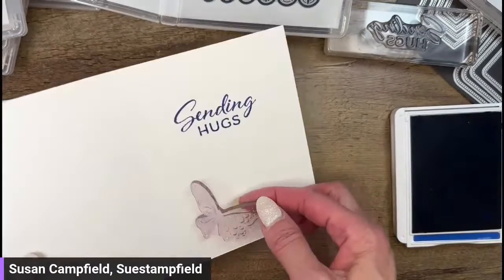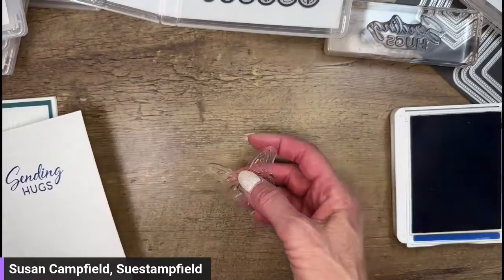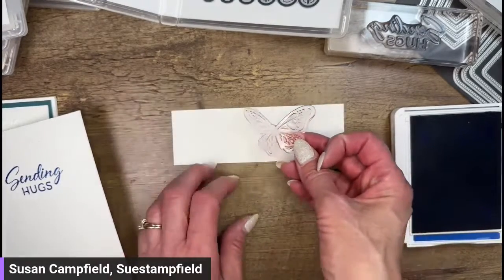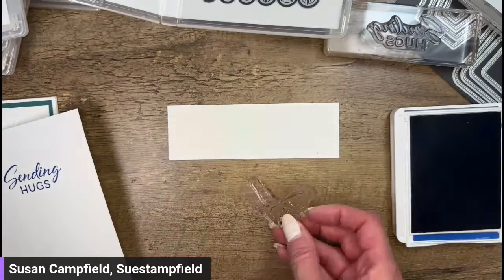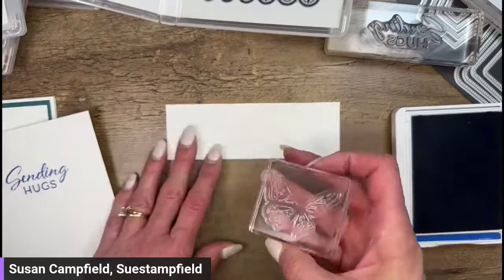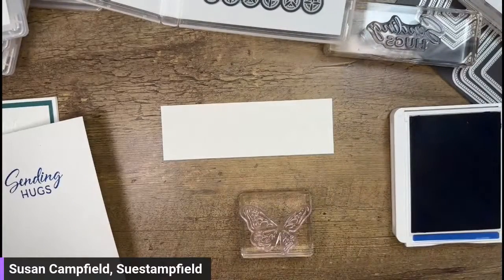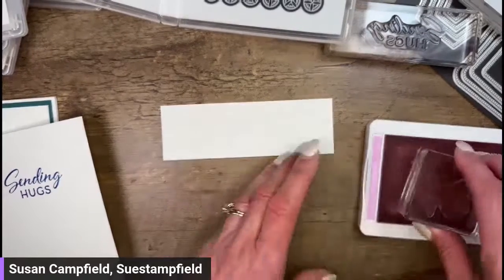Oh, I thought I got water on it, but it was just a dimensional backing. Panicked for a moment here. So I wanted to show you what I meant about this one not being able to use both sides, because I'm not sure that I was very clear on that. So if on this one, I stamped in Blueberry Bushel, in the solid part in Bubble Bath,